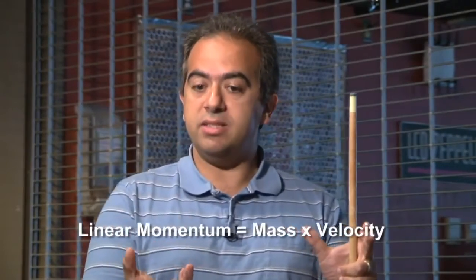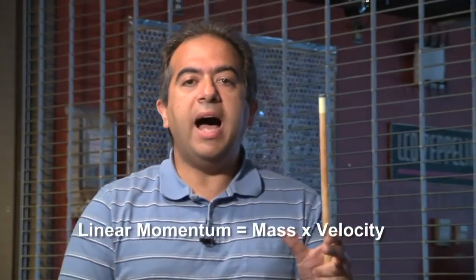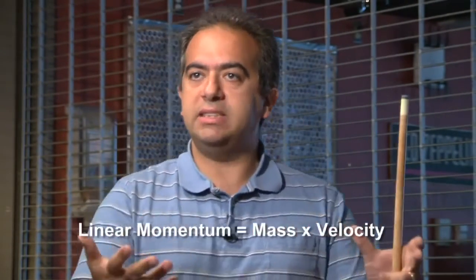Now, very simply, it is the object's mass, in this case our ball, times its velocity, how fast it's going. So if you have an object that's very massive, it will have more momentum than a less massive object. And if you have something that's going faster, then that object will have more velocity and thus more momentum. Now, one of the consequences